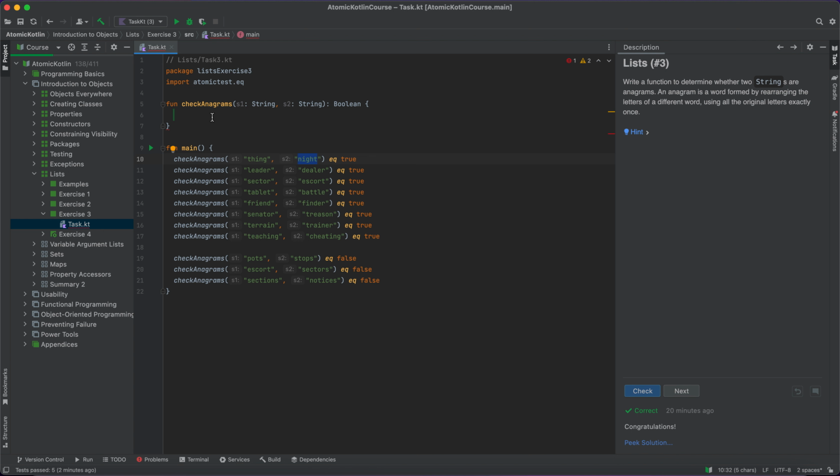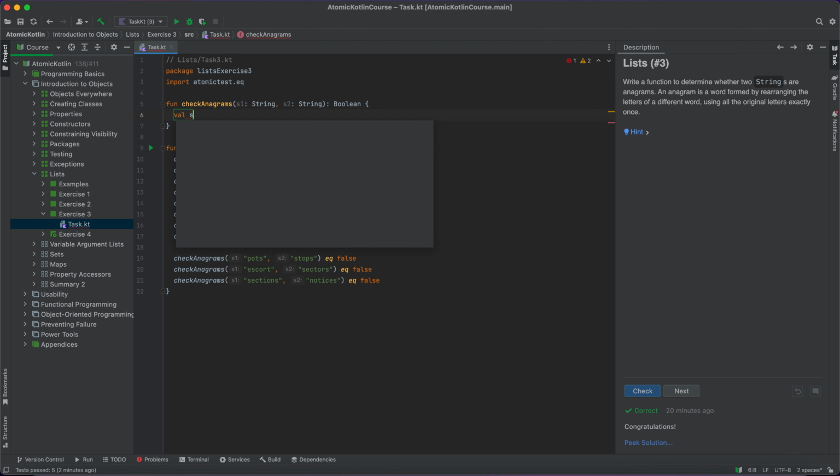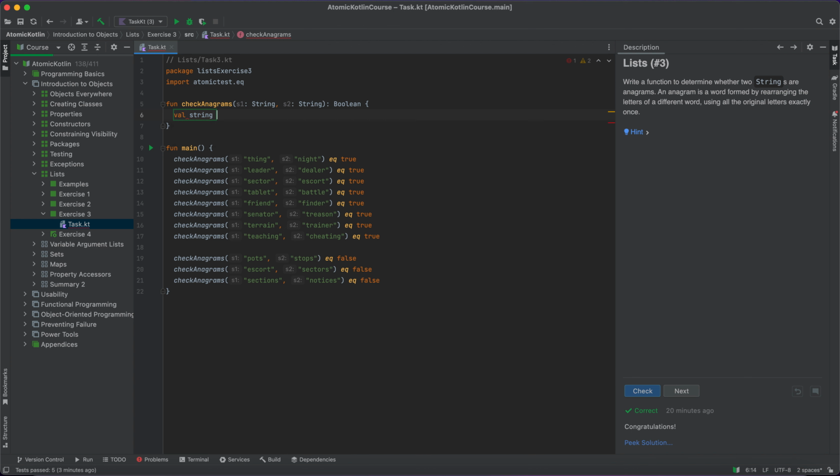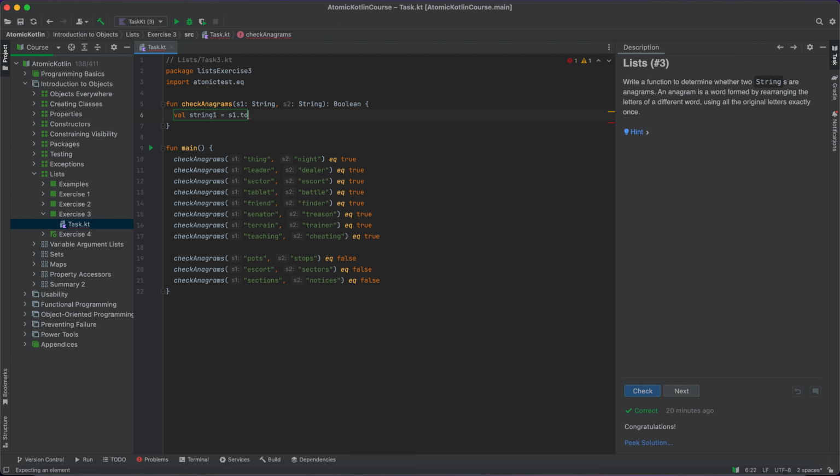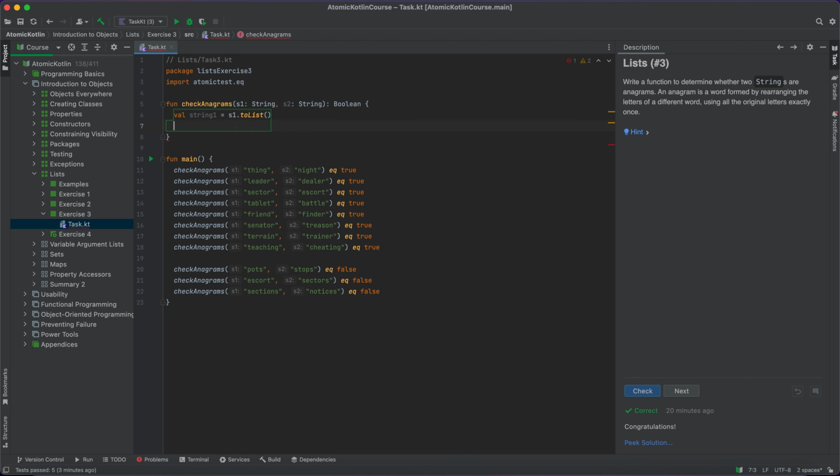I think the most interesting concept will be, as we are using the list, we will need to convert this string to a list, because this is a string and you convert it to the list. Now you can use different things, so this is the idea. We convert it to the list, because if you convert to the list, the list provides us